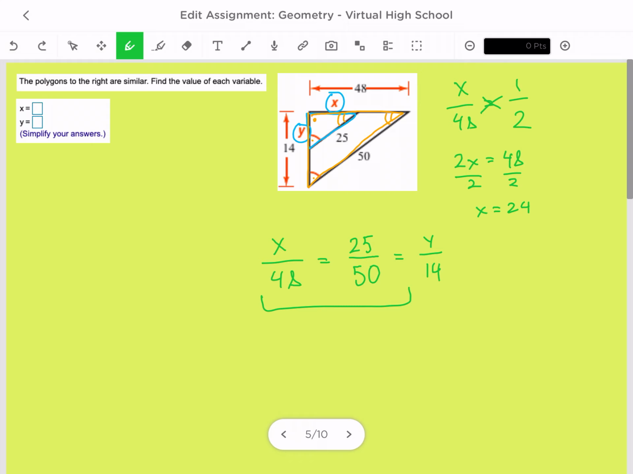And then I'm going to do the same thing for this pair. So I'm going to say 1 over 2, because it's the same thing as 25 over 50, is equal to y over 14. Then I'm going to cross multiply, so 2y equals 14. Divide by 2, divide by 2, y is equal to 7. So I know y is 7, and x is